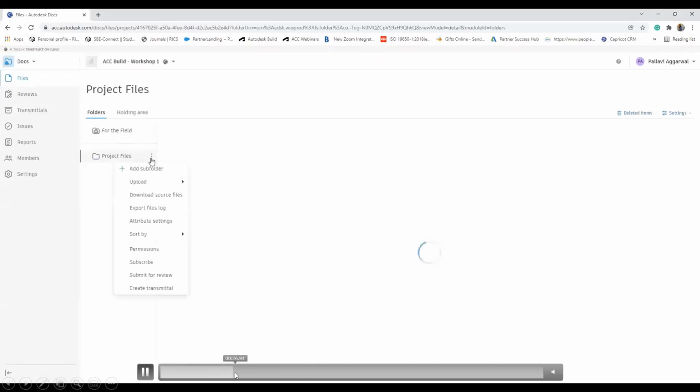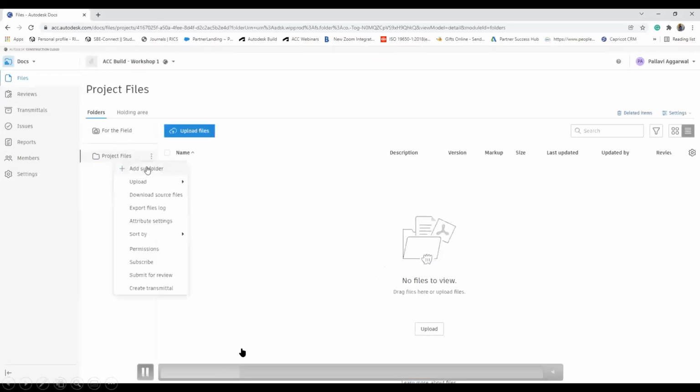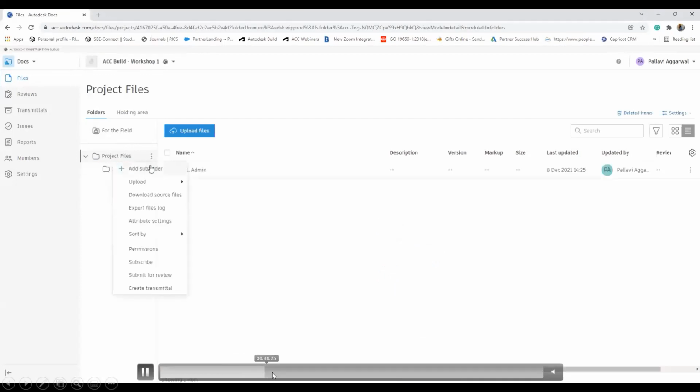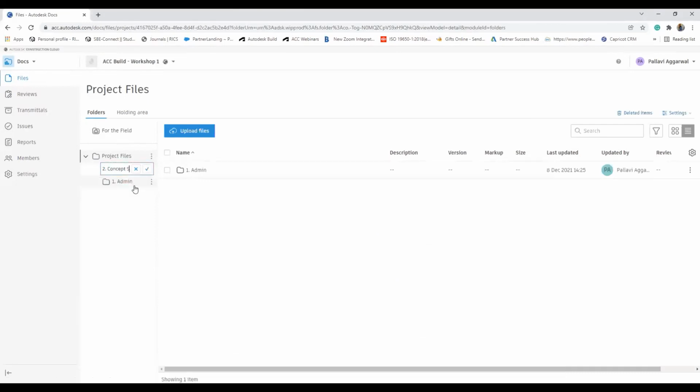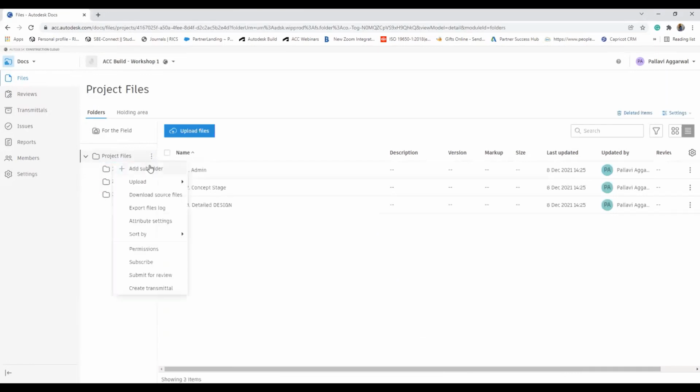When I go inside the files, I can see that I can add multiple folders in the document management. We'll see today how we are able to create these folders. Let's say you want to create a hierarchy of folders or a folder with subfolders and those kinds of activities. It is very easy within the cloud platform to create folders, and it is advised to have it done at the earlier stages of the project, that is, when you are implementing this tool or getting started with the tool. But even during the project, we have the capability of modifying the files and folders within the project.